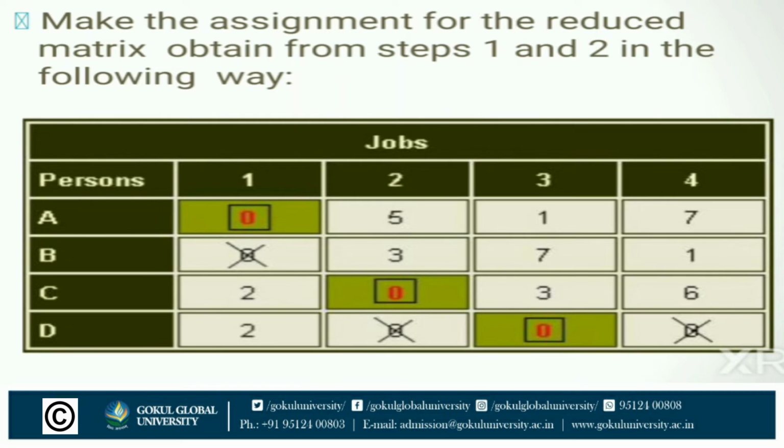The fourth row has two 0s, but in the second column we have already assigned the third row, so we cannot assign the last 0. And here the third column has a particular 0. Then at the column and row intersection we can have only one 0. Then cross out the fourth 0.